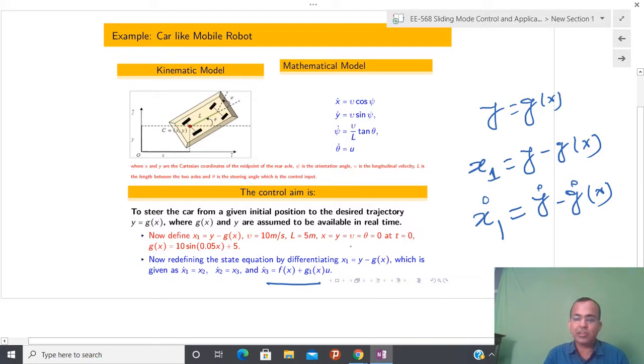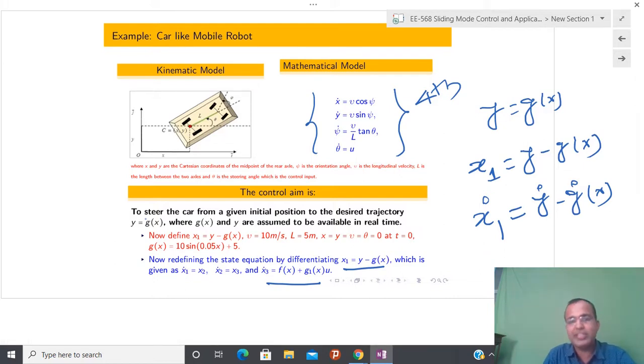So please do this kind of calculation. You can take this, and after that calculate the first derivative, second derivative, third derivative, and properly define x1, x2, x3. Now what is the order of the original system? Anyone? Fourth order. Fourth order this is. But here, by fixing this particular path, because most of the time whenever we are solving robotic problems, we assume that the path is known to us, at least locally.